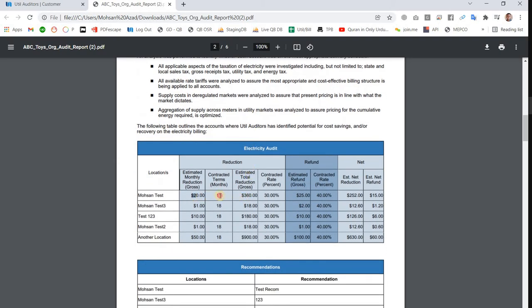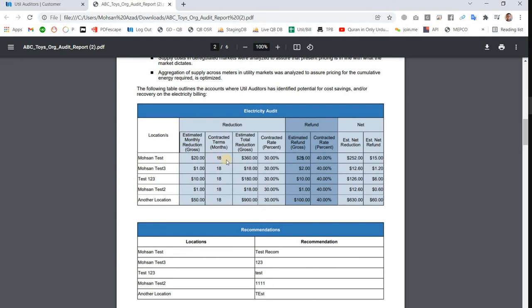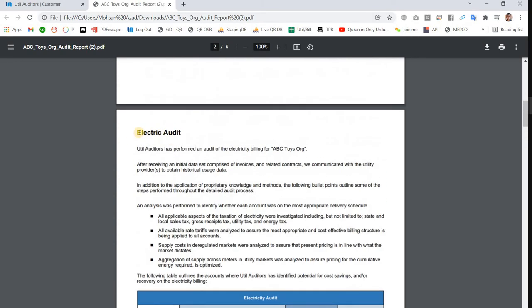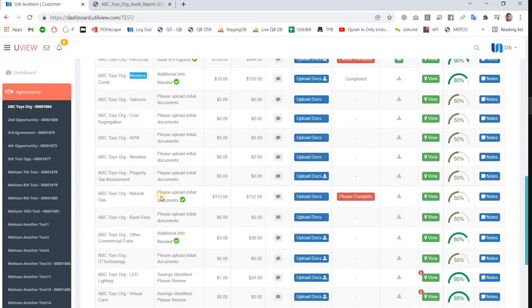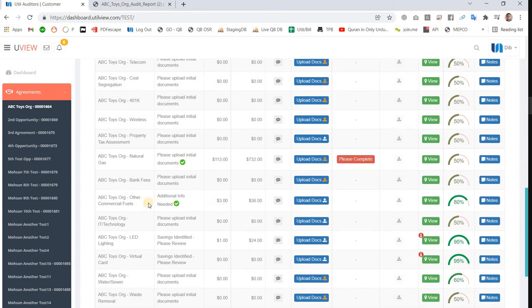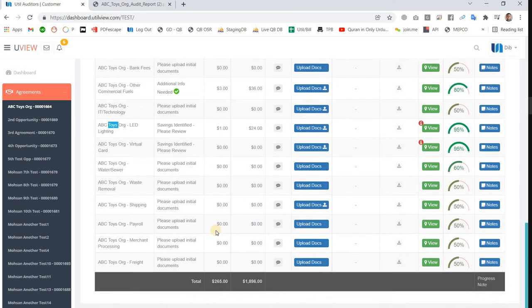Please also review if these calculations and amounts are correct. If there is anything which is not correct, please let me know. As you can see, here we have savings for electricity, workers comp, natural gas, and this one 4 and 5.